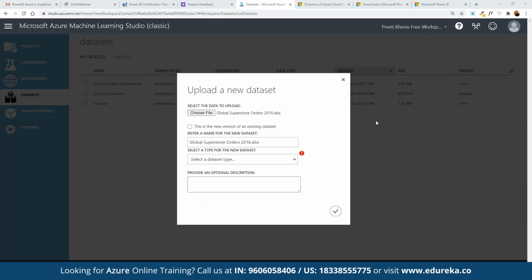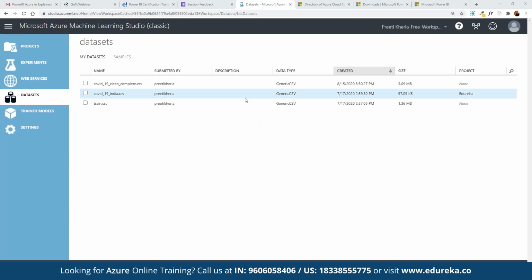So let's see if we do have the access to the CSV that we've already imported as a part of COVID India analysis. Where we have data set for the active COVID patients, for the recovered patients so far. So we can make use of this data for now. Now to work on creating a model out of this current data, here we can go back to the experiments where we can create our own experiment.